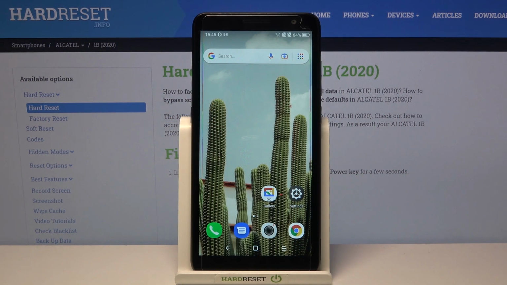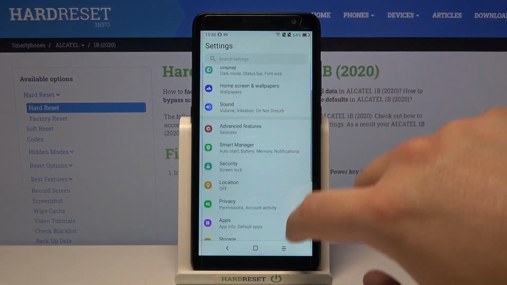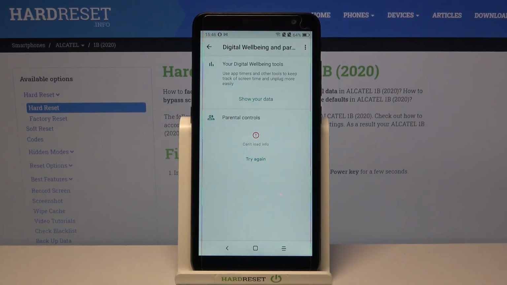Welcome. In front of me I have ALCATEL 1B 2020 and I'm going to show you how you can check the number of apps opened each day. So you have to go to the settings, scroll down and find Digital Wellbeing and parental controls. When we are here, we have to click to show our data,